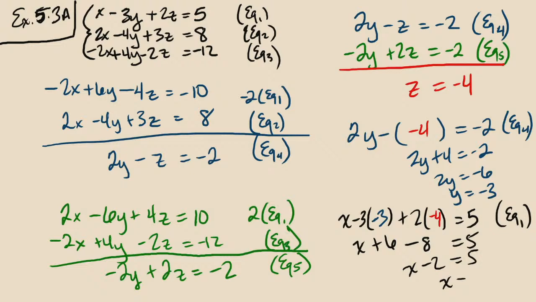Oh, rip. Negative 3 times negative 3 is positive 9, not positive 6. I just read it as addition. So we get 9 minus 8. And then I did it right the second time. That's weird. All right, so x plus 1 equals 5. Subtract 1 from both sides. X equals 4. And so then my answer is the ordered triplet, okay, where we get,